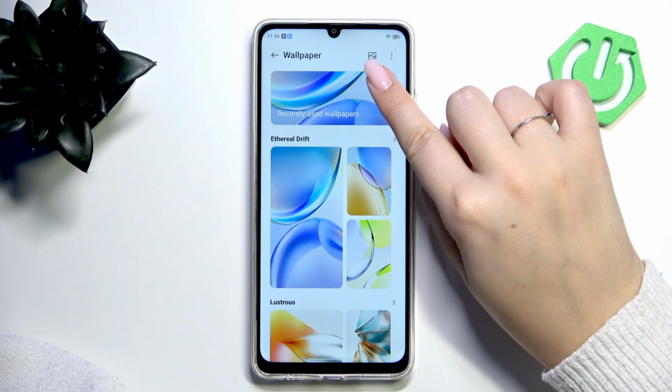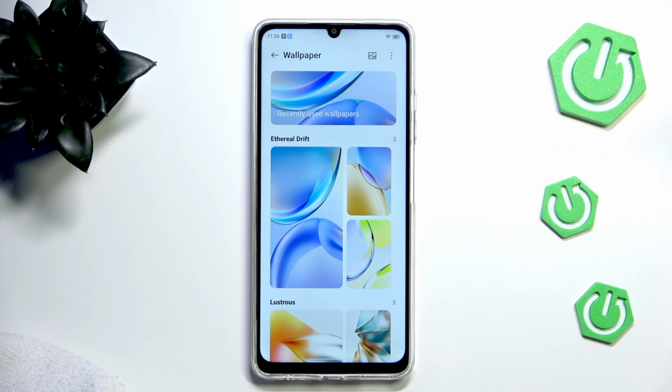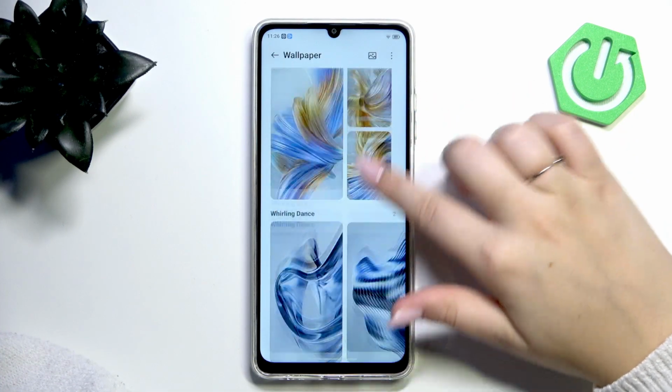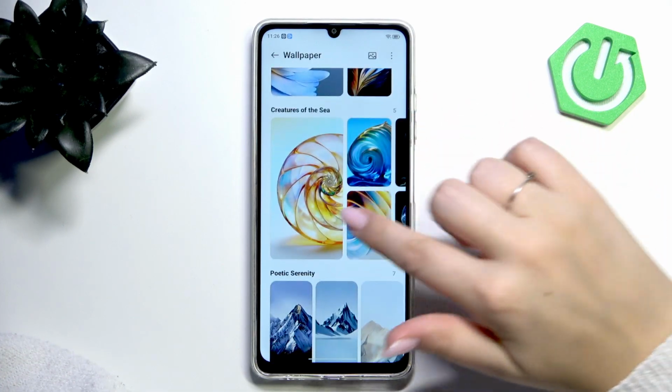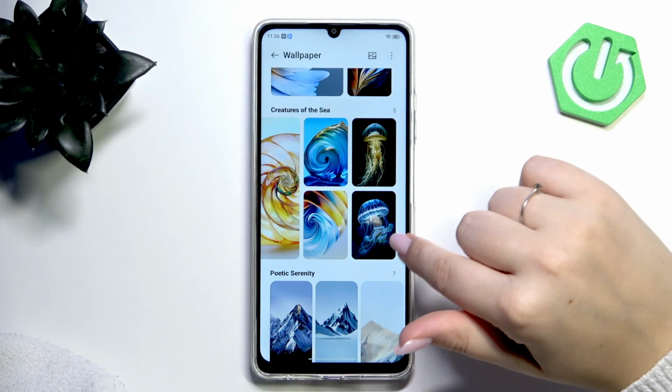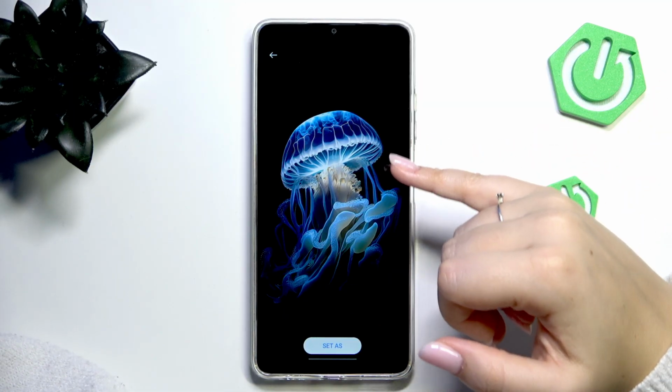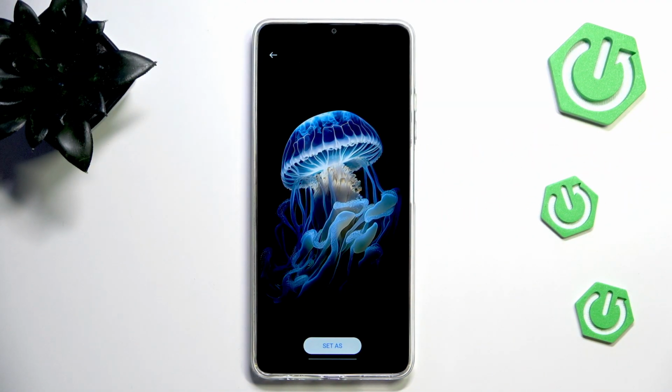Moreover, we can tap on this picture icon in the right upper corner and we can enter our own files, so we can set your own photo as a wallpaper. I'll pick something from those options, so let me maybe choose this one. So just tap on the wallpaper, it will immediately appear on the full screen, and if you're happy